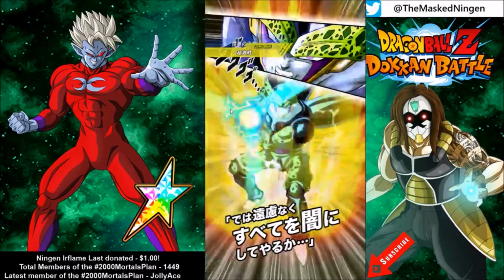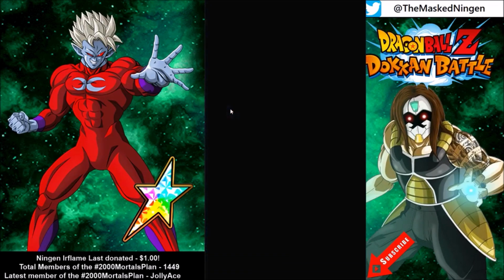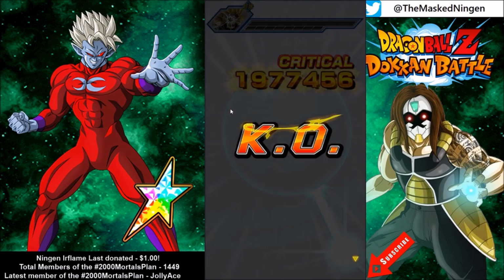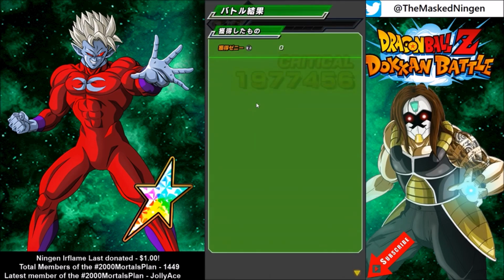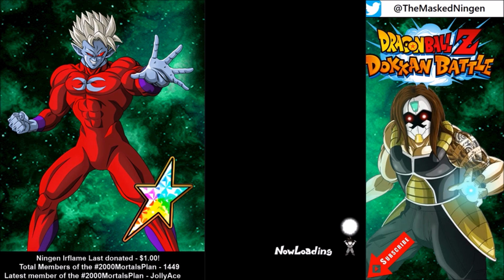Ooh, almost 2 million crit from Cell, which wasn't enough, so he's back for more. And then another one, good god. So he did almost 4 million damage by himself. That is why I want EZA Cell as quickly as possible, so...